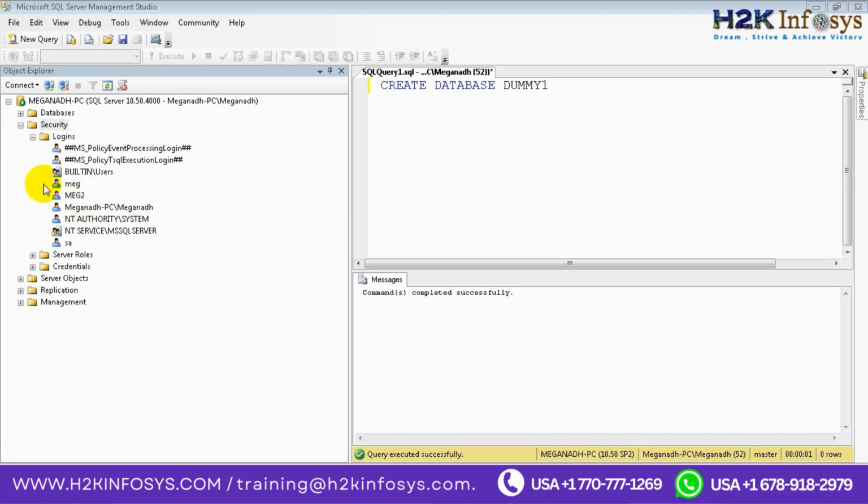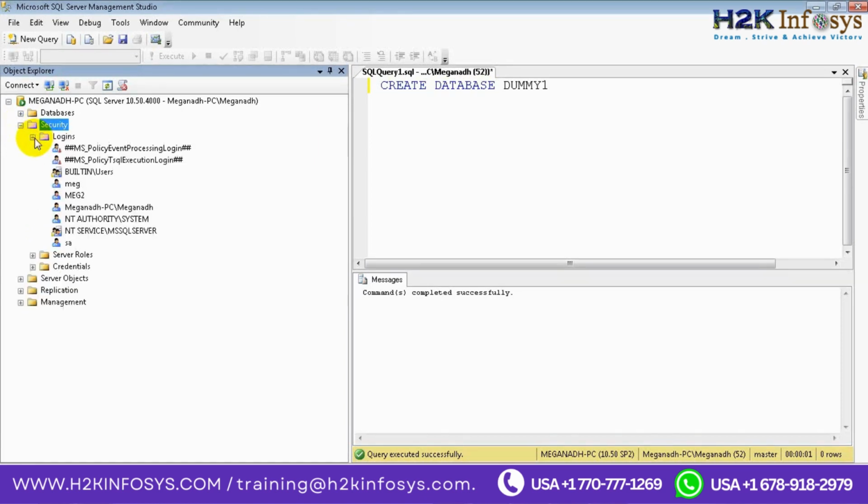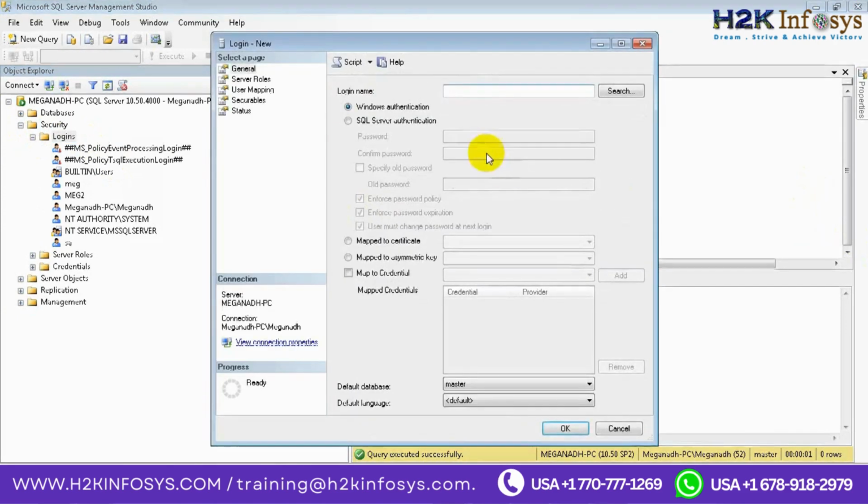Now you need to expand this Security, and expand Logins, and now you can right click on this and click on New Login. When you click on this new login, here I need to give the login name. For example, let me give the login name as